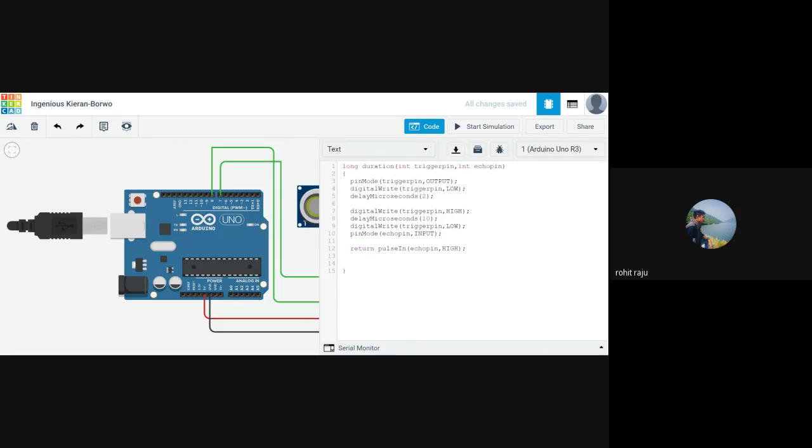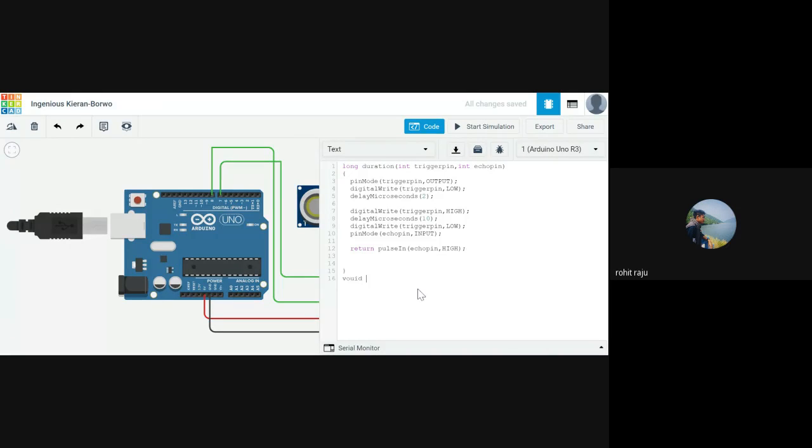This gives a value in microseconds. That is why I'm dealing with all microseconds here. So that is one important thing to keep in mind: this returns a value in microseconds, and this is our answer. Now we need to make use of this time in the formula. Speed equals distance by time, right? We need distance here, so distance equals speed into time.